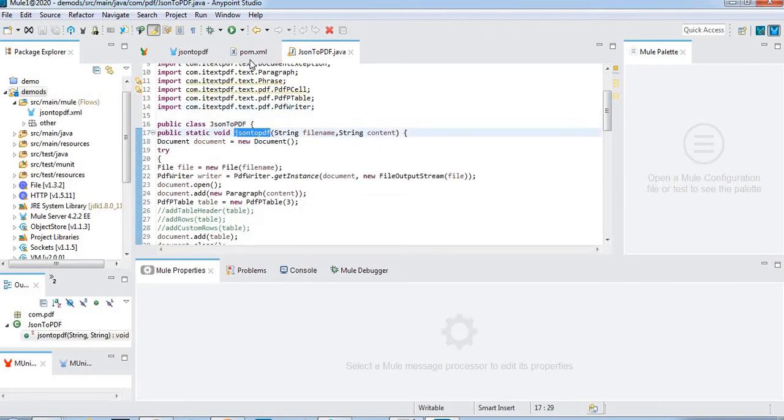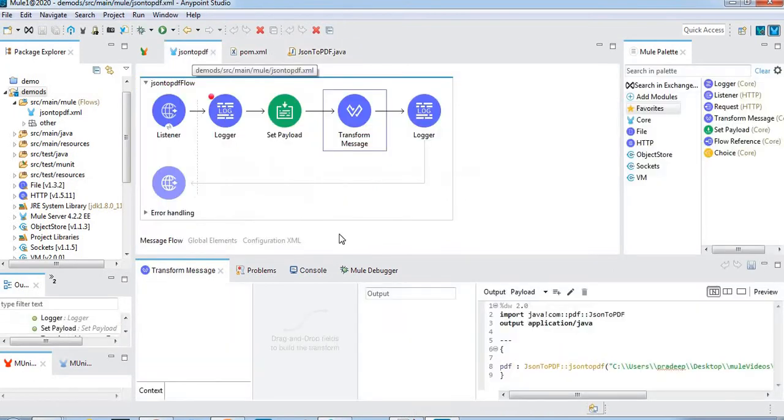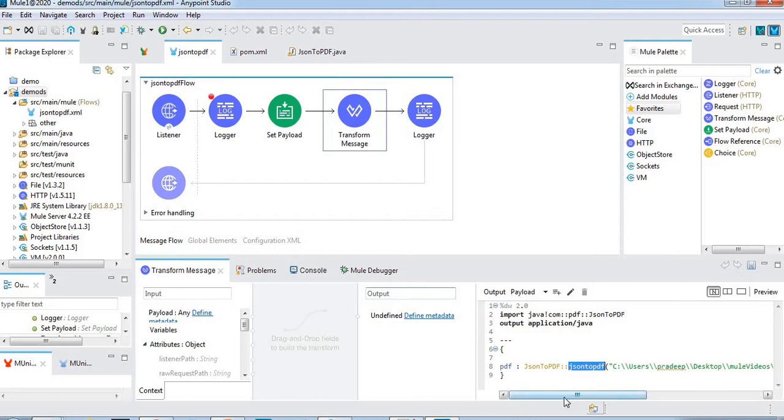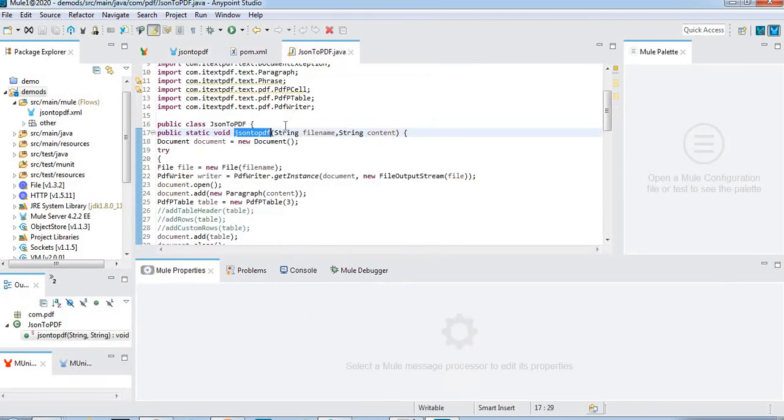Whatever we are providing in the DataWeave, from this we are calling this method. It accepts two parameters, string file name and string content, which we are providing. Both are string types, so the data is given in string format only.